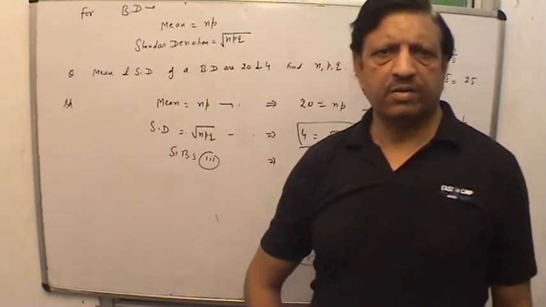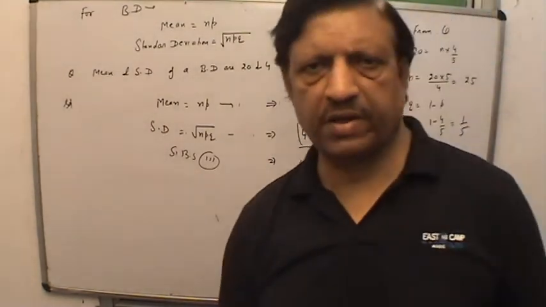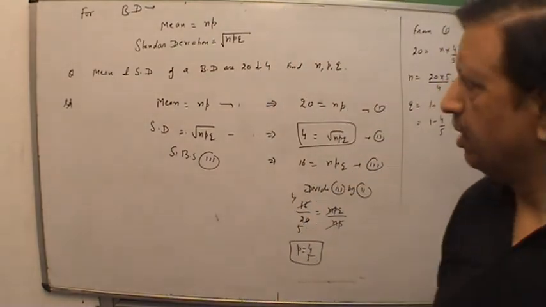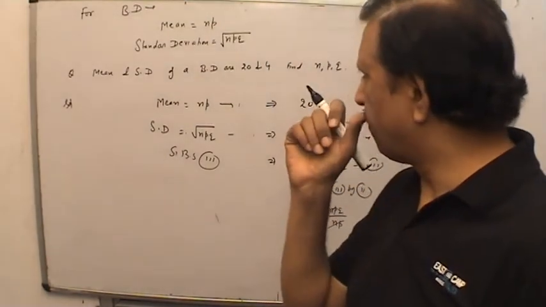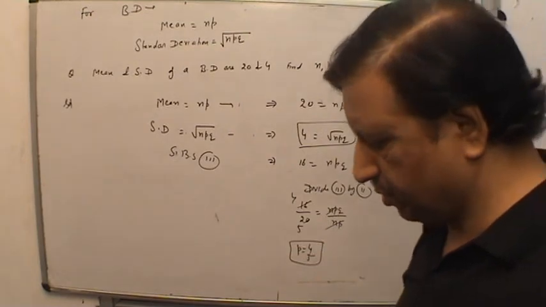In this manner, in a simple way, we can solve the numerical problems based on the mean and the variance of a binomial distribution. Now,